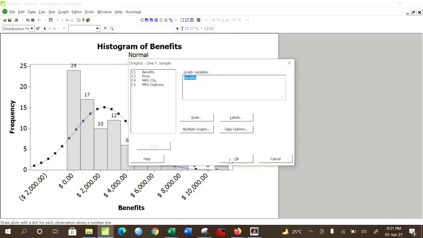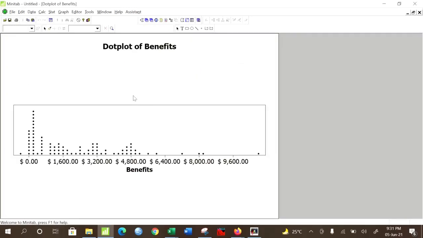Dot plot will not give us highly specialized learning other than histogram. It is almost the same format and almost the same data, and the representation is also the same. The only difference is the size of the bins are smaller, and instead of bars they are putting points. This is the only difference.